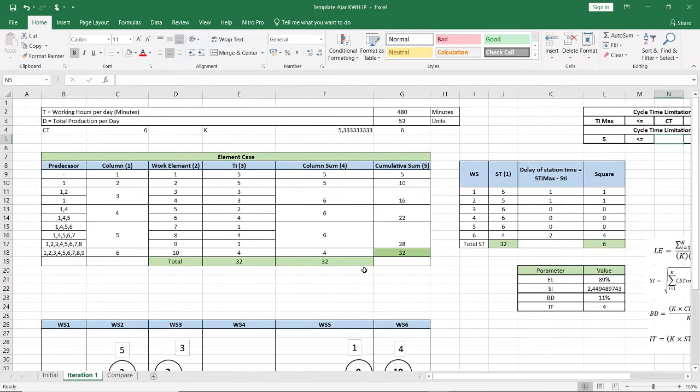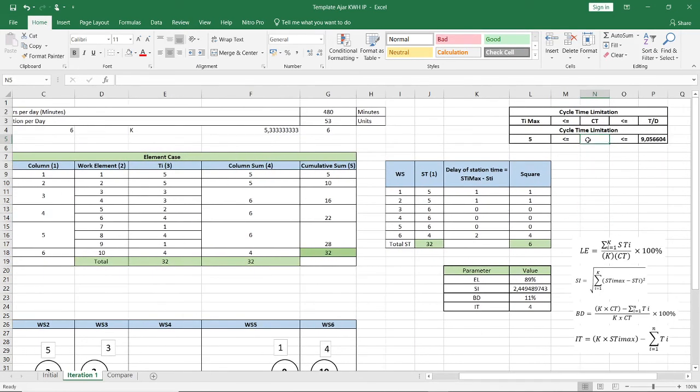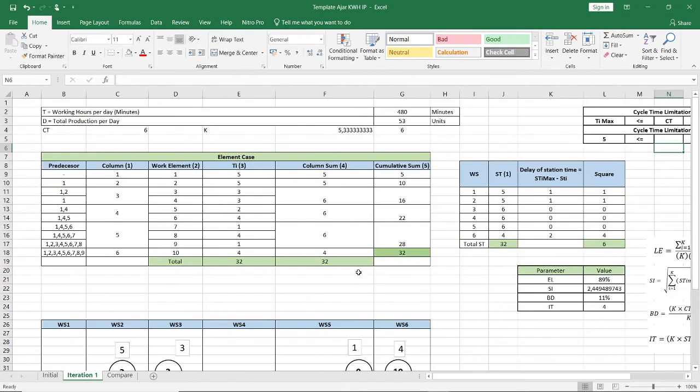So I'm going to take 6 for the cycle time. Remember, we can know the cycle time from here, the cycle time limitation. It cannot be lower than Ti max, and it cannot be more than T divided by D. So I will take 6 minutes for the cycle time.